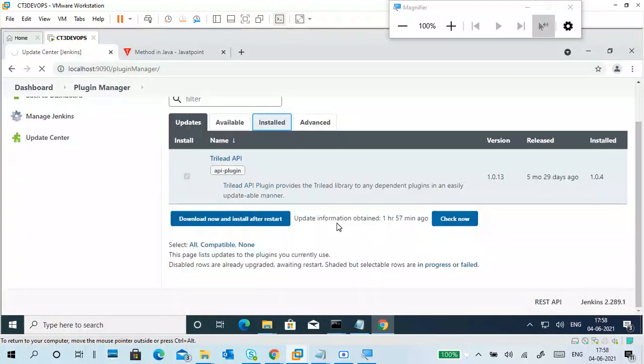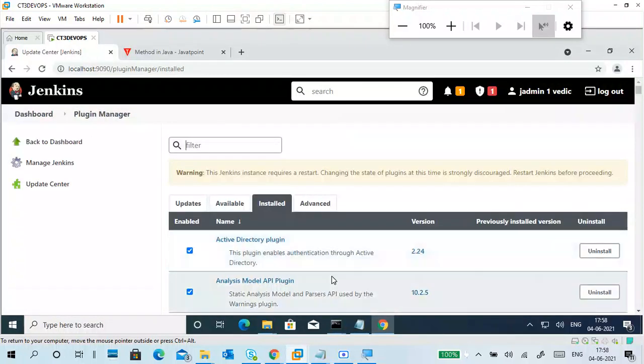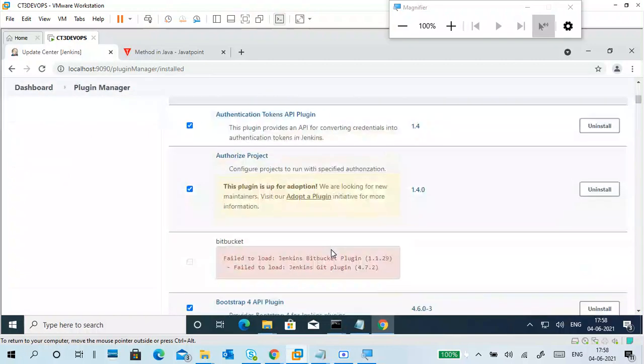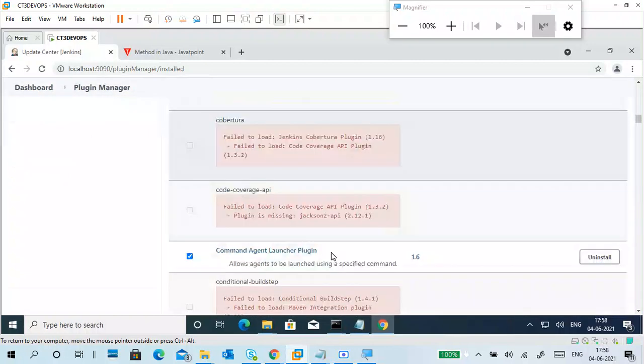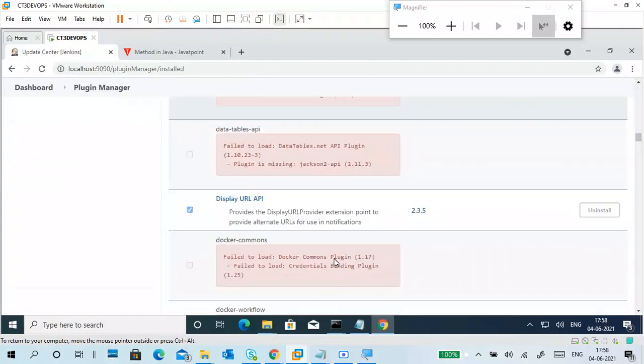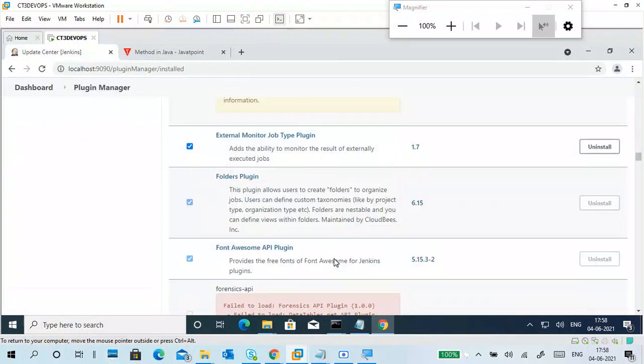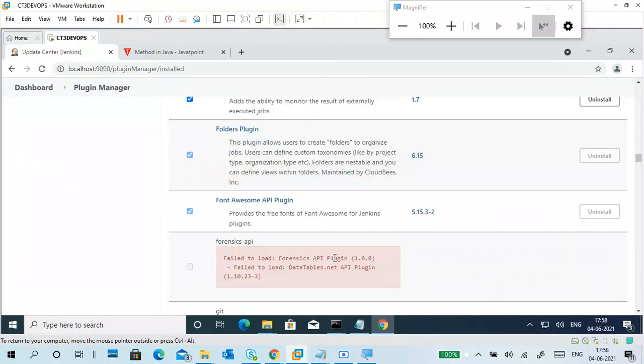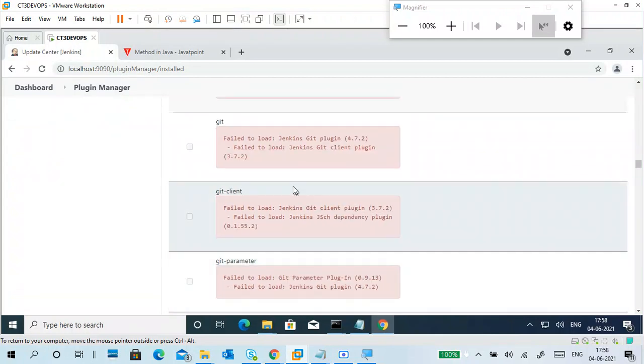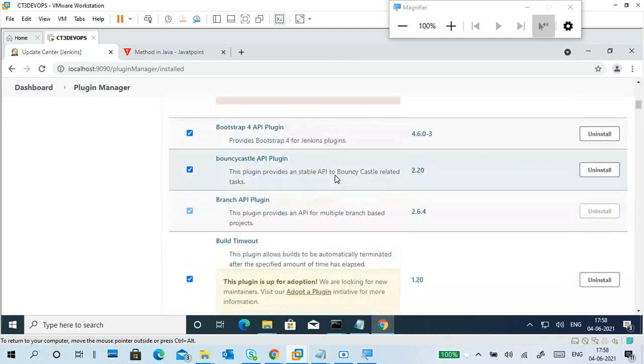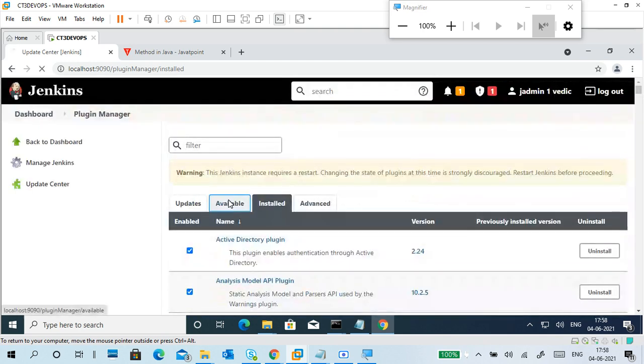So what plugins are installed or not installed? My Git is installed. CSV not installed. Git is not installed. Failed Git plugins. Okay, no problem. So I will install it. Okay.